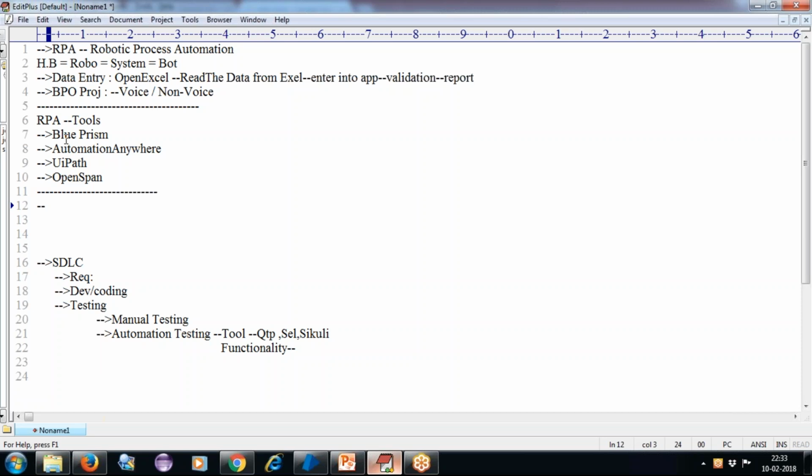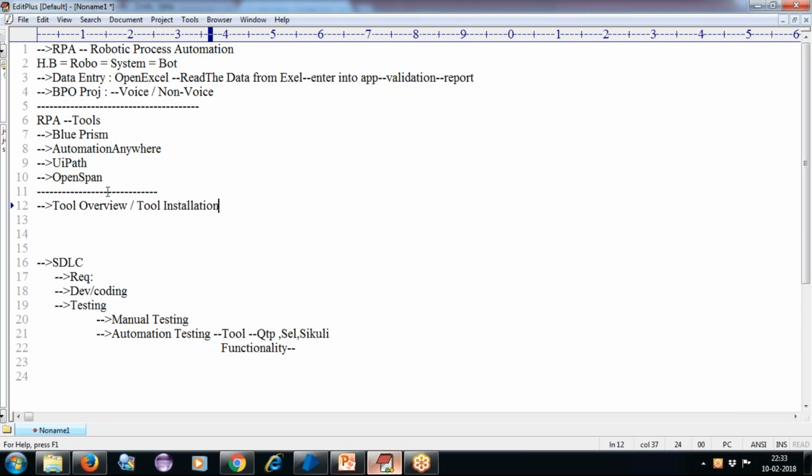Okay, all right. So now, with Blue Prism, what exactly are we going to learn here? Okay, right. With Blue Prism, the very first thing we need to understand is the tool overview here. So we'll be getting an understanding of the tool overview, and after that we'll be discussing